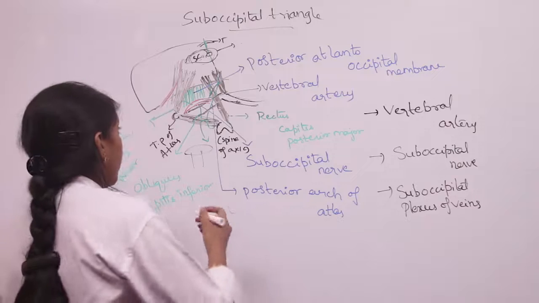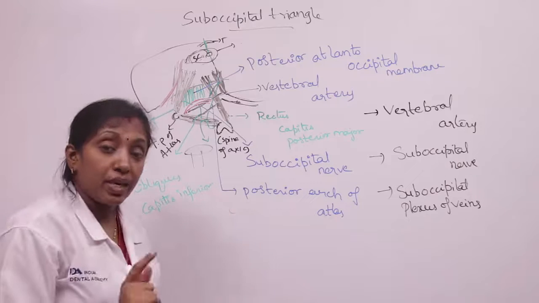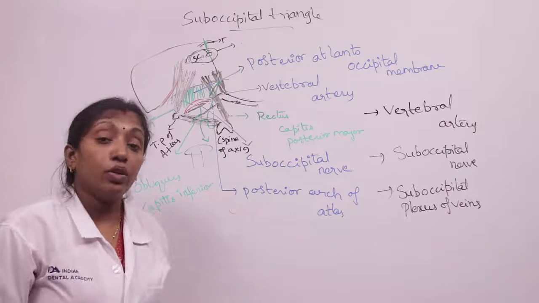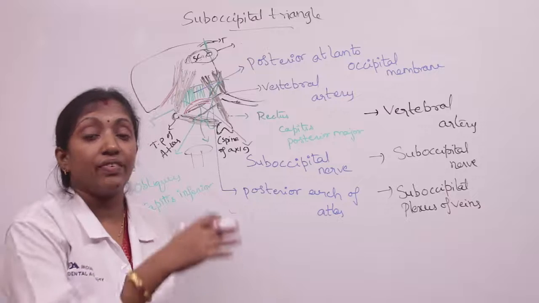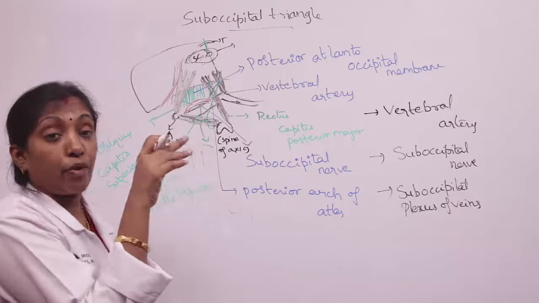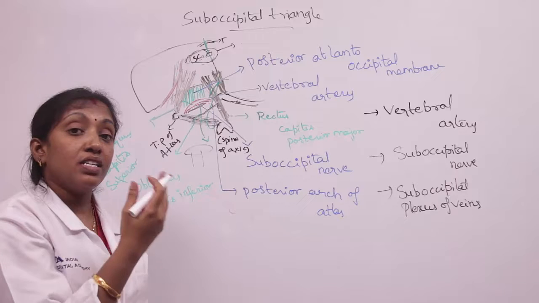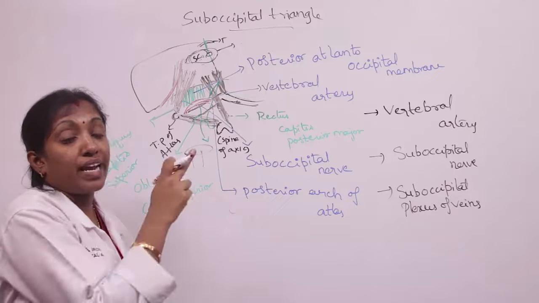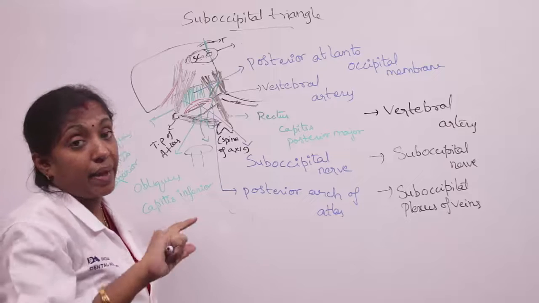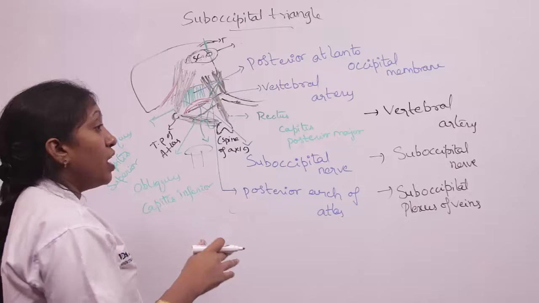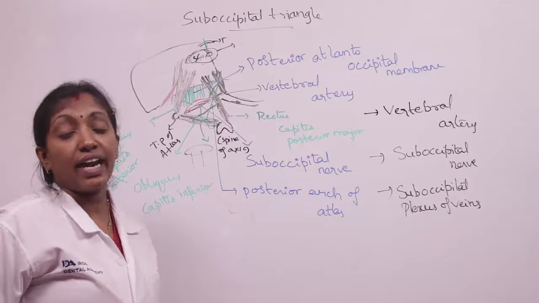From the first part of the subclavian artery, it ascends upward, first appears in the scalenovertebral triangle, and ascends into the foramen transversarium of the upper 6 cervical vertebrae. After the foramen transversarium of C2, it accesses the foramen transversarium of C1, the atlas, where it makes a lateral bold curve which protects the artery from the movements of the skull at the atlanto-occipital